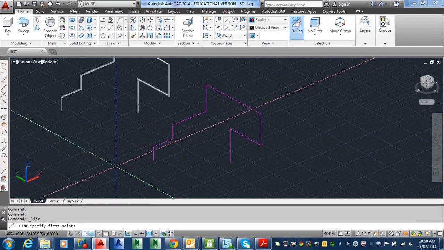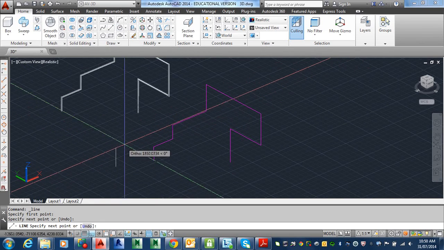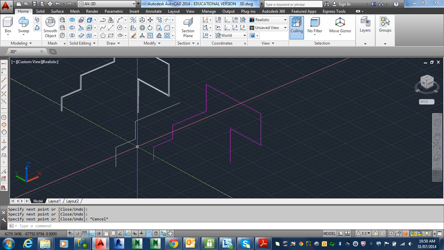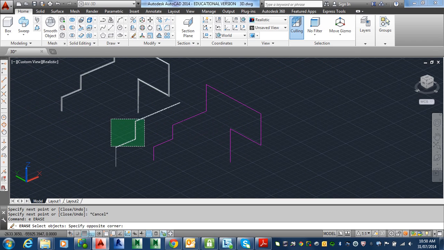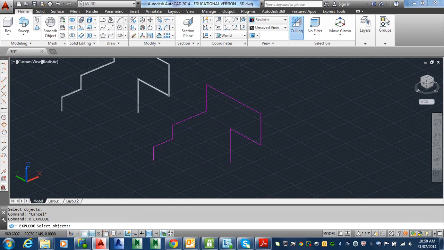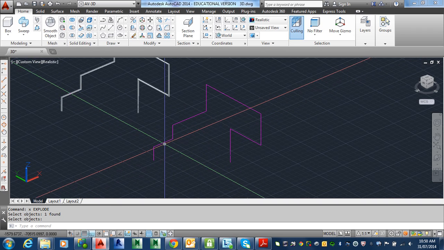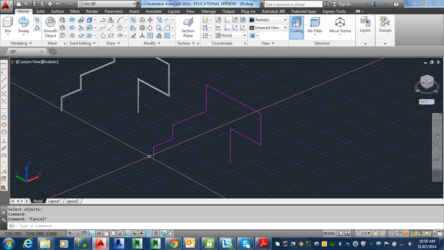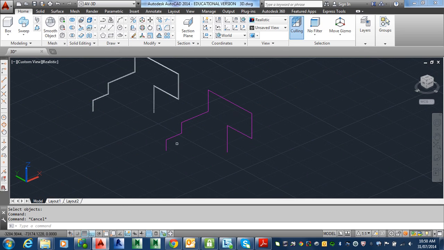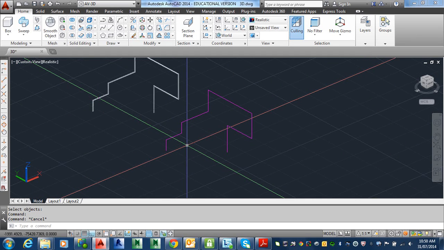Okay, so I can go and do these shapes anyway using just a simple line command. But because I had that shape earlier on, I copied the shape and now I'm just going to explode it. X for explode, click on here, and that should be in separate pieces now. What that means, because with the 3D polyline you're not allowed to add any fillets to it, basically, or any